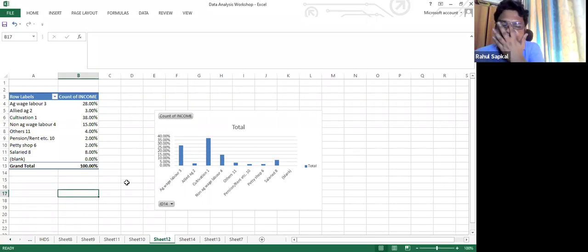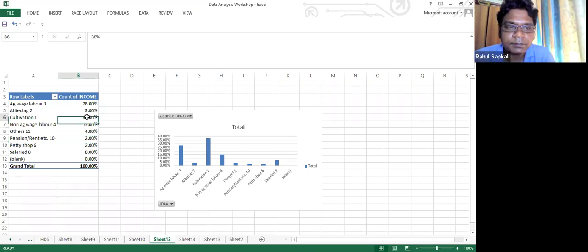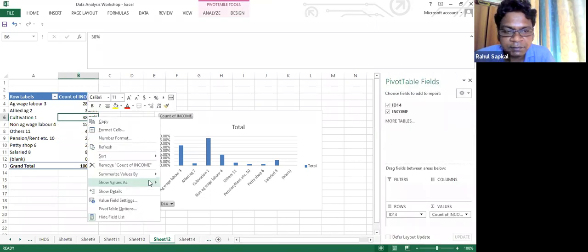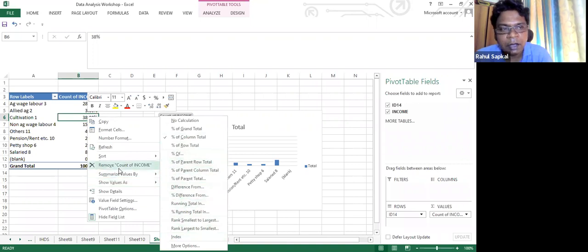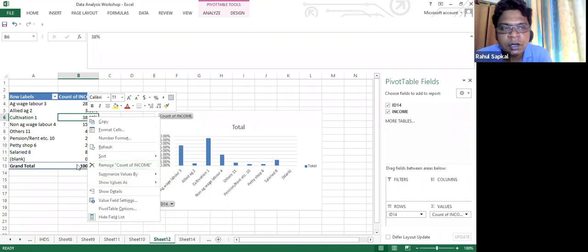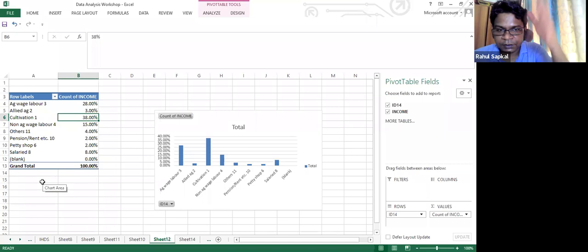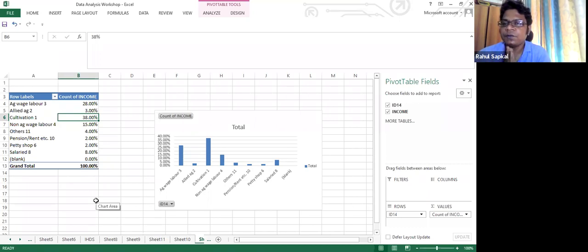Okay, this part is clear. Is there any doubt? Here you also have a class interval. You see differences, you will be taking from the smallest to the largest. Index numbers you can also create. So you can do it now. For the index number, this data is not good. For the index number, you require long time series data, which we will be using with another data set. Is there any doubt so far?